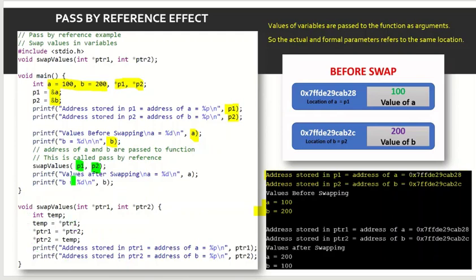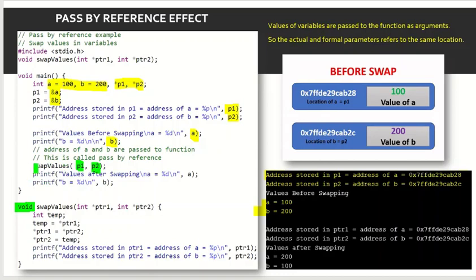Note that this is a function which is having a return type void, that is, it is returning nothing, but it will do the operations as we wish. We wish to actually swap the values, but it is not returning any value back to